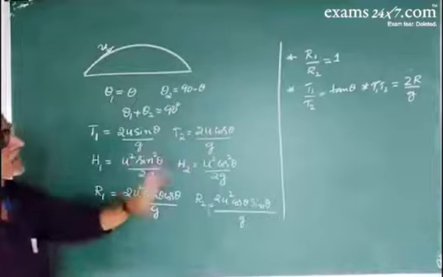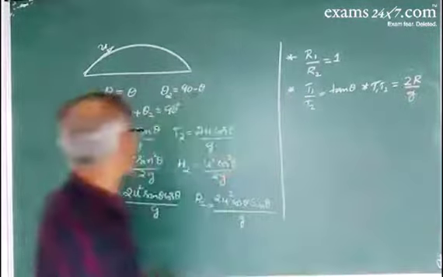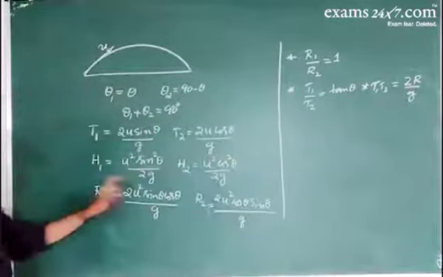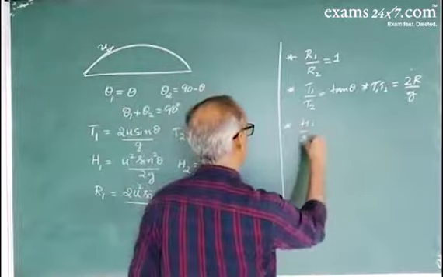So the product of the times of flight gives you twice the range divided by the acceleration due to gravity. Now regarding the height, the ratio of the heights h1 by h2